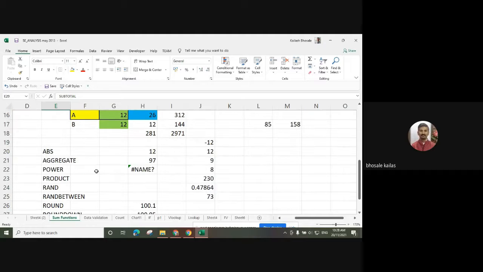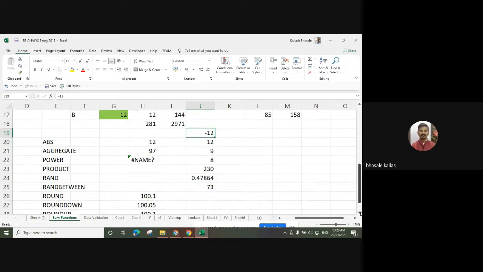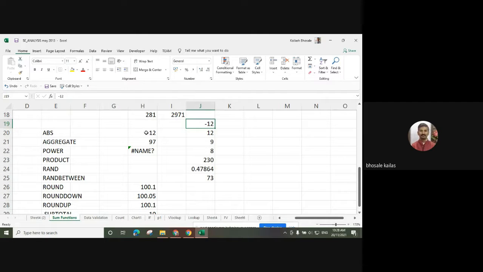Suppose that we want to find out the absolute value. So what is the absolute value of this one? Suppose that we have the value minus 12. I want to find out the absolute value of this one. So there is a formula, ABS. What is the use of this one?